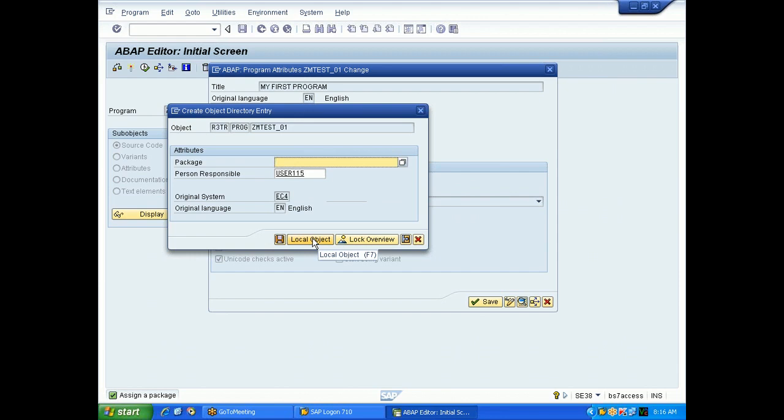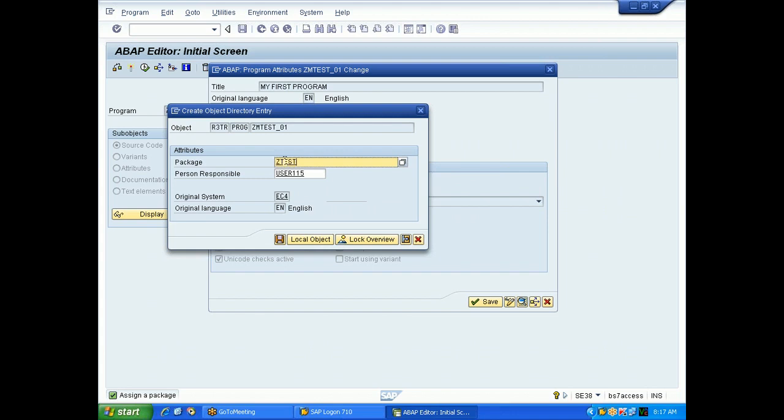Package means it's like a folder in SAP. Say for example, in Windows you will use a folder for what purpose? If you have created a document, then you will store the document inside the folder, right? To remember, to classify certain things, and next time to get the data easily, you will divide the content into different folders, and you will store it for easy storage. Like that, in SAP you can store something in a package.